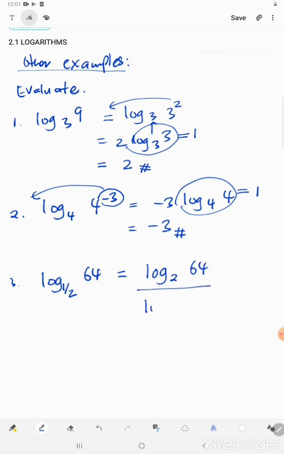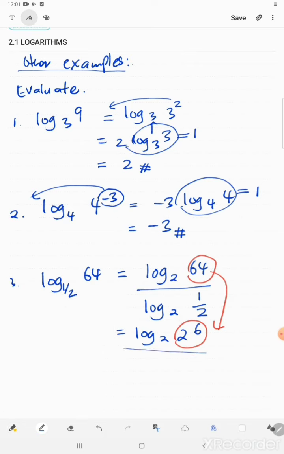Okay, so we apply the law of logs: 2 power of 6 will get 64. And divide with, we know here we have division, right? So apply laws of logs, it will be log 1 base 2 minus log 2 base 2. Okay, so next step, we can bring 6 to the front, so we get 6 log 2 divided by, okay,